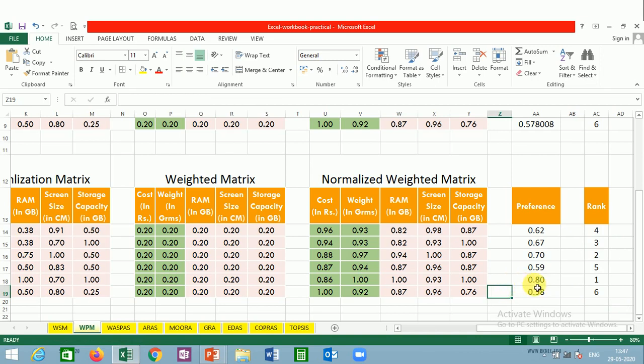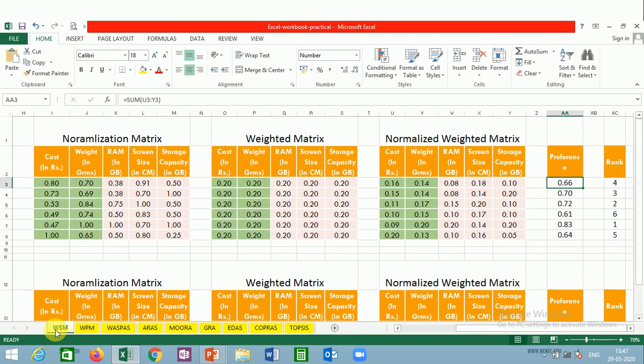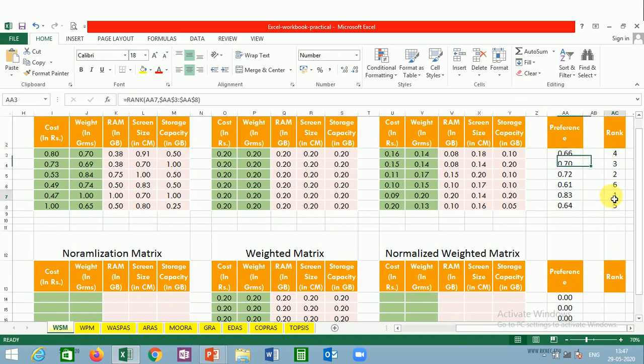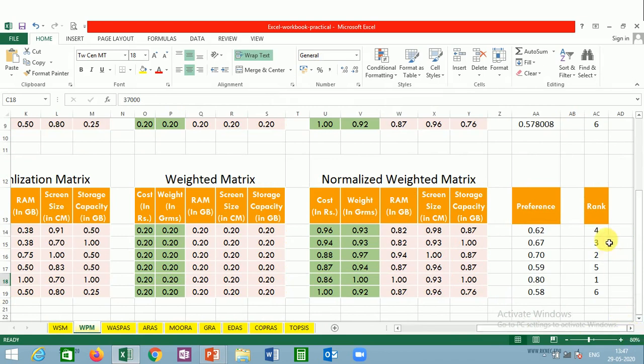So again, if you will see that weighted product model had given us rank 1 for the alternative 5, means in WSM also, if you will see the WSM worksheet, WSM rank values are also giving us the same thing, that first preference shall be given to the fifth alternative. Here the preference order is 432615, and in WPM what we are having is 432516.